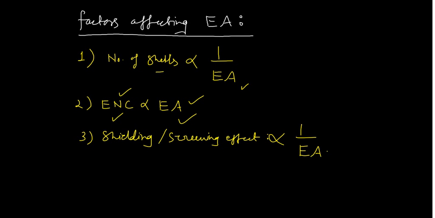Shielding, you know, the protection. So what is the meaning of shielding, right? Say for example, you are having any atom X and it is having certain electrons in this shell, right? And inside this you are having another electron, right? And these two electrons are shielding the outermost electron, right? Okay, let me draw it again.